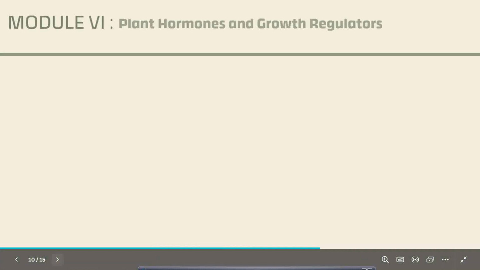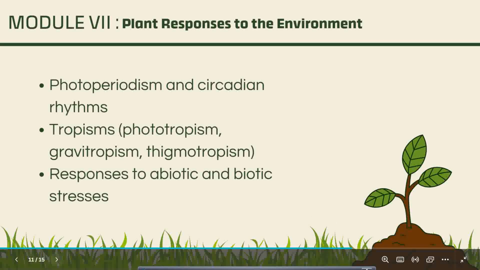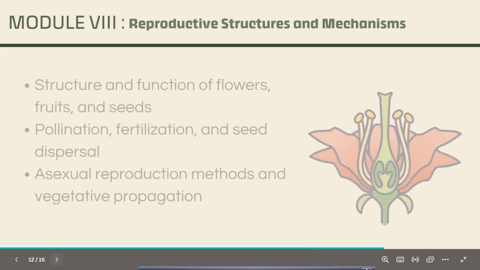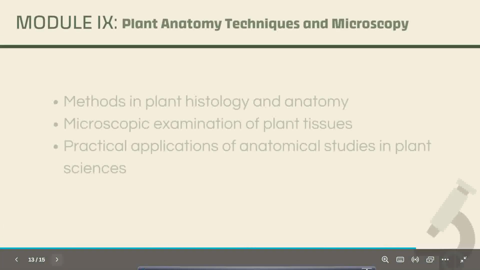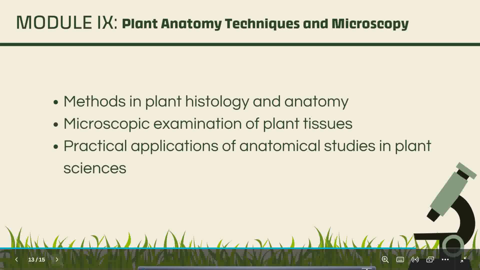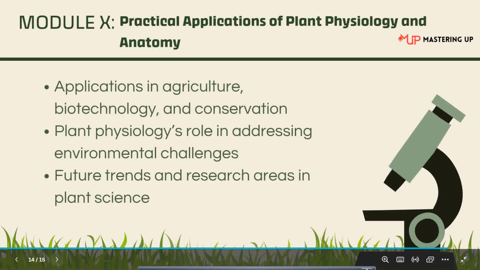After that, we will be discussing the hormones and growth regulators. Then we will study the plant response to the environment. Then reproductive structure. Then anatomy, techniques and microscopy. Then in class we will be doing the practical applications of plant physiology and anatomy. So this is our course. These are the 10 modules we will be covering in this course,